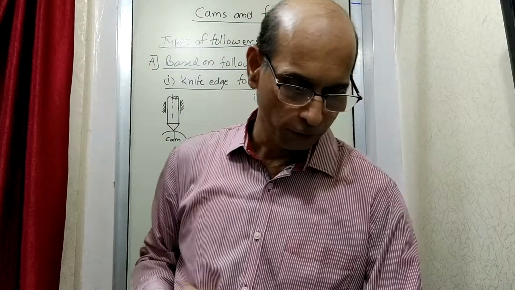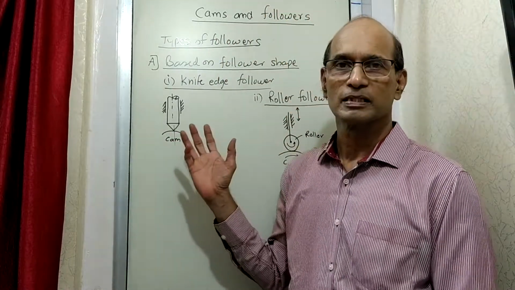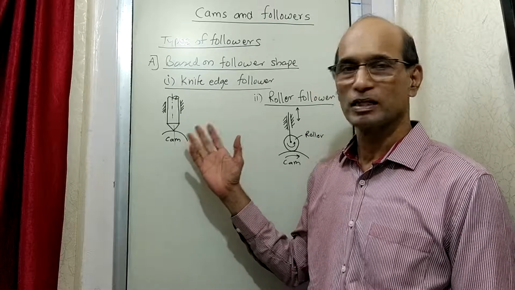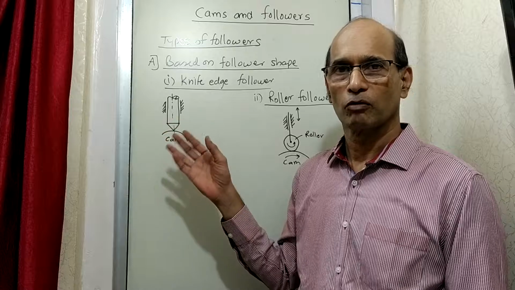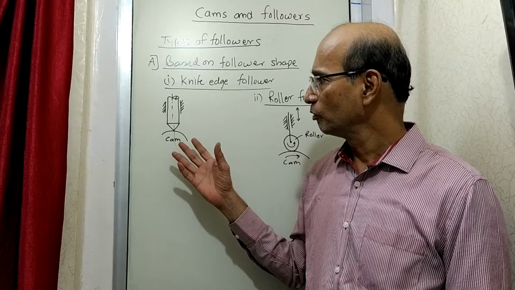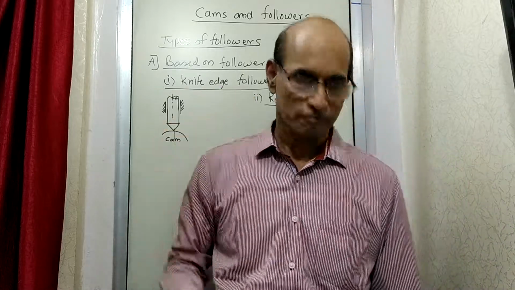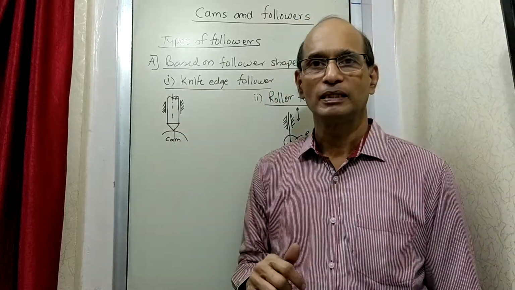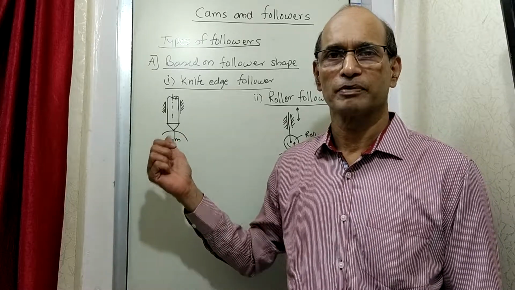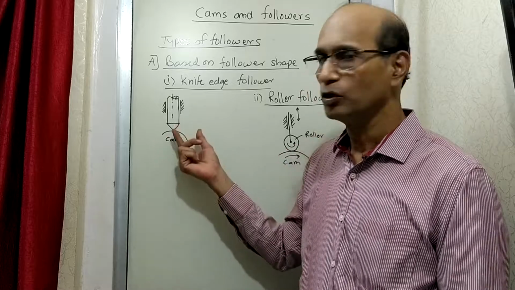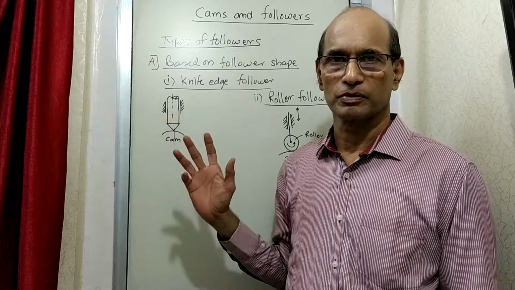Now before we go further, what do we see here? In these two cases, what is the plus point here, minus point here, plus point here, minus point here? Why do you need this? That is what we will see in brief. What could you see here as the maybe advantage of this case compared to this? You will see that the advantage in this case could be simplicity. That means the cost. Because it is very easy to make just a single part given a peculiar shape and then it can start its function.